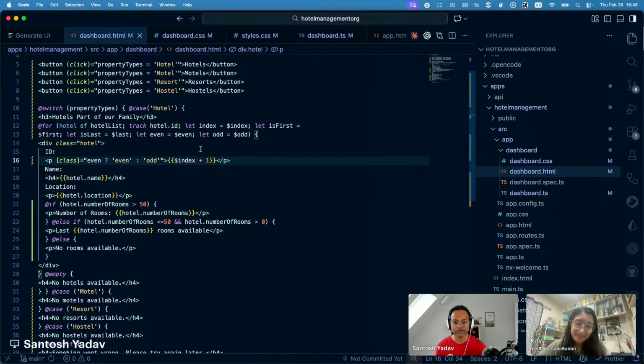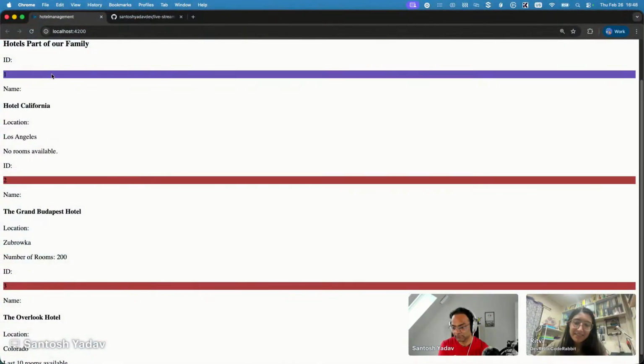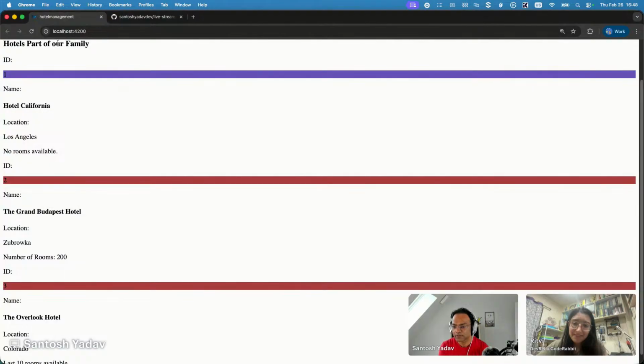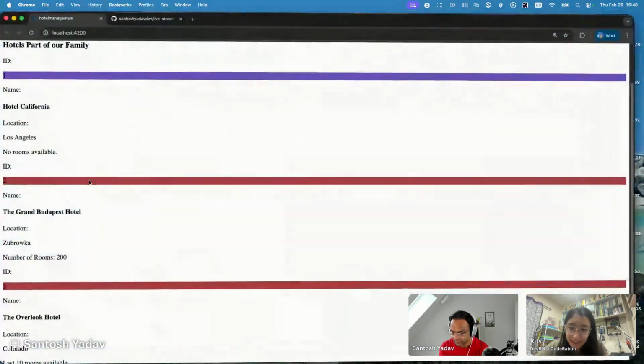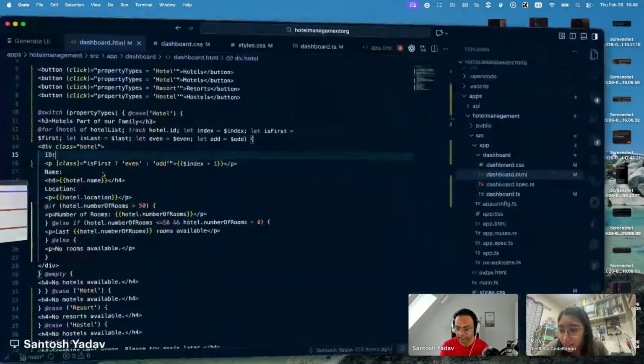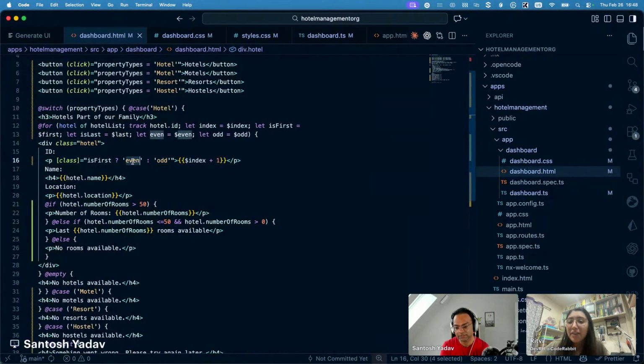We just have 3 rows, so I don't. But yeah, you can totally change this and say, okay, if this is first, then even, and it will say, okay, just apply this for first row, and for others, yeah, it's changed, right? So for others, it's a different color, but for the first one, it's this color. So yeah,